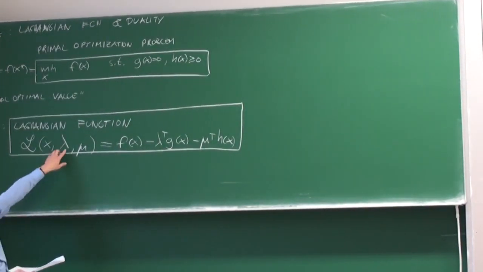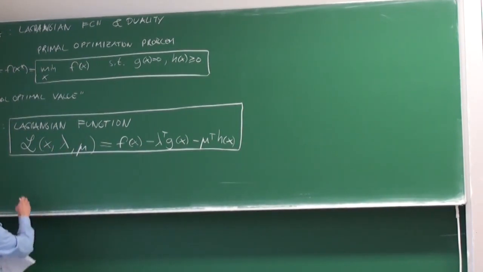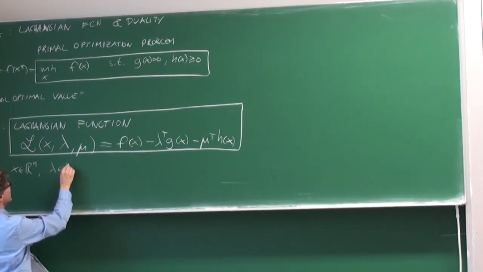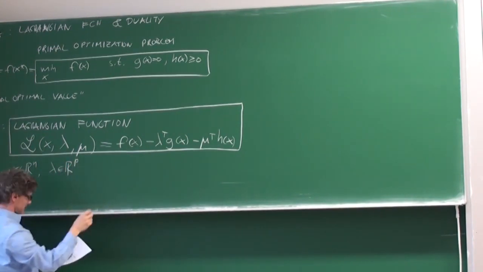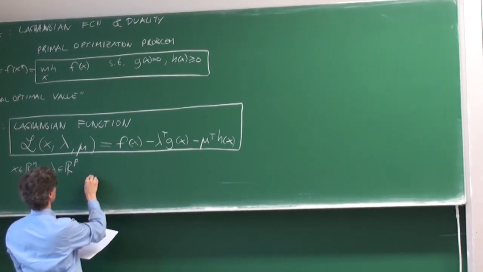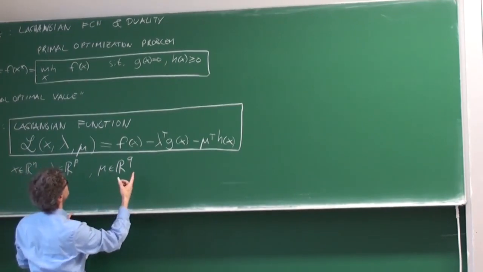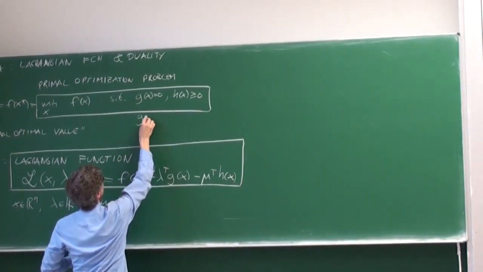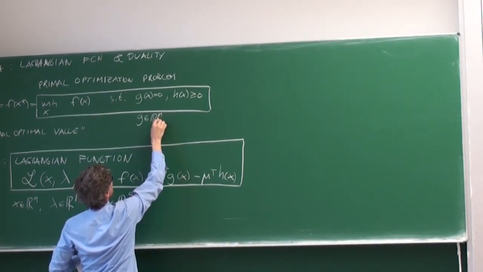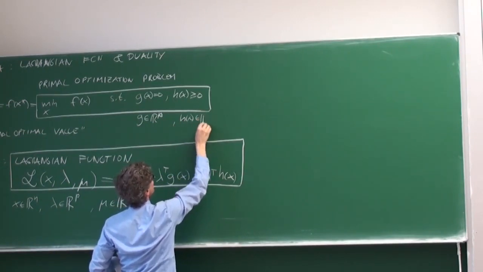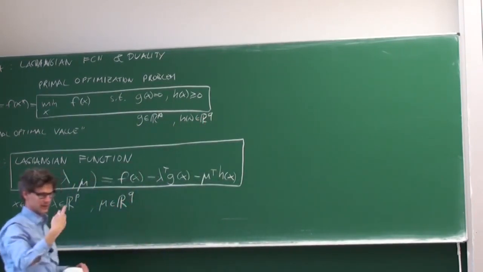These lambdas will have arbitrary values in this appropriate real space, right? So x, let's say x is an element in R^n, that was the original space. Lambda is an element in R^p, and we called it p in this chapter, I think, and also previously. And the mu we called R^q, and that actually is motivated by the fact that G is an element in R^p. So the value of G and H of x is an element in R^q. So they are actually functions mapping into the